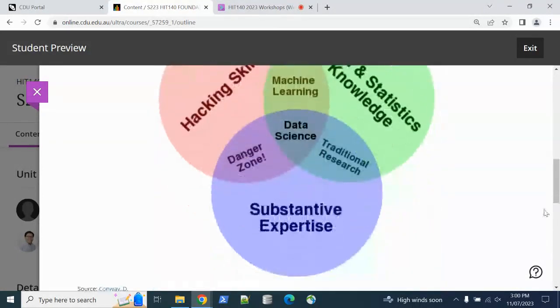Now, the third important element of data science is substantive expertise or domain knowledge. The reality is that a data science problem is always contextualized within a specific domain. So you might be asked to analyze healthcare data. So you need to know a little bit about the problem surrounding that healthcare data. Or you might be asked to analyze transportation data, right? So you need to know a little bit about